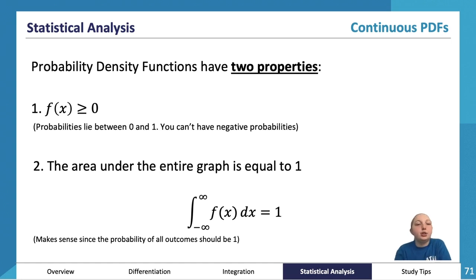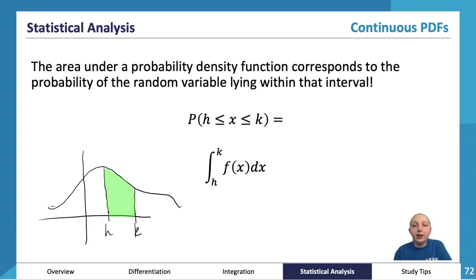Okay, so the area under a probability density function corresponds to the probability of that random variable lying within the interval. Okay, so the probability that x is between k and h is equal to the integral from k to h of f of x relative to x. Okay,